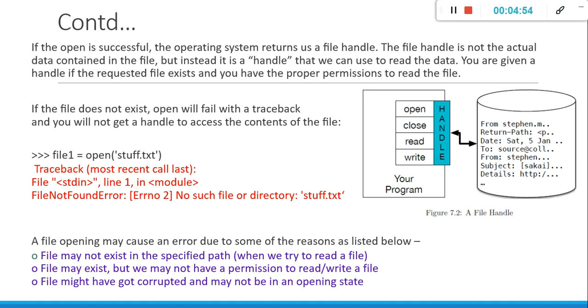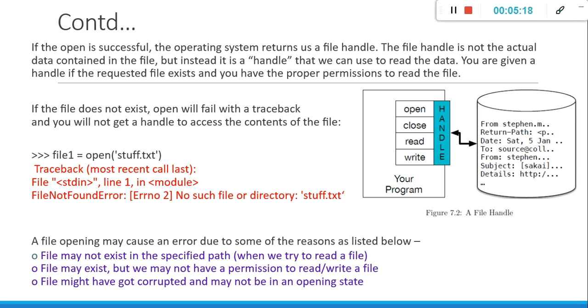Suppose everything is fine. When you open the file, the open is successful and data will be extracted to perform any operation. What if the file does not exist? What happens to the file handler when you try to read data which is not in the proper format, or you are trying to open a file where the permission is not given? Definitely it will throw an error.